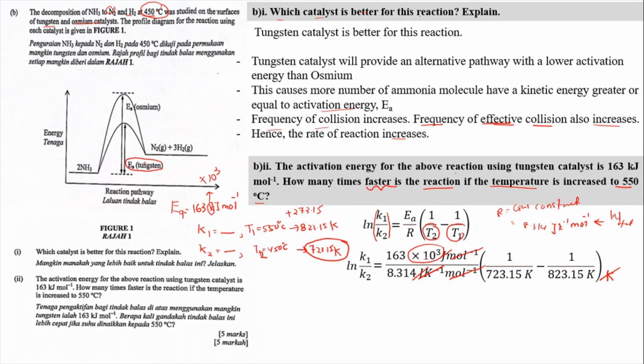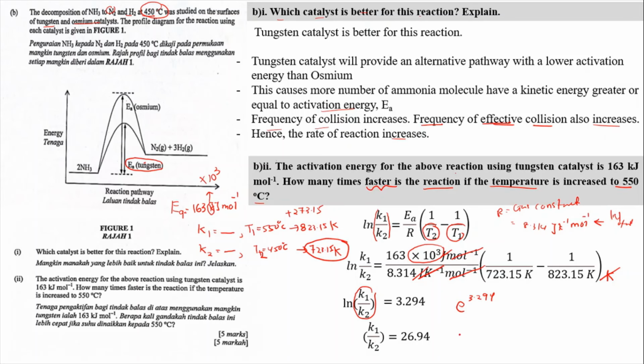So 163 times 10 to the power of 3 divided by 8.314 multiplied by the term here, what you're going to get is ln K1 over K2 is equal to 3.294. Okay, and then you need to find K1 over K2, right? So you need to bring the ln to the right hand side. So it's going to be e to the power of 3.294, and then what you're going to get is 26.94. Okay, so K1 over K2 is going to be